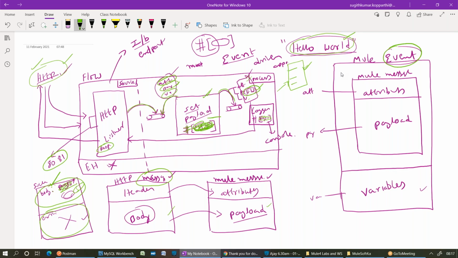Everyone clear? You said the whole thing is an event-driven application, right? What is the meaning of event-driven? Just now I explained. The event is propagating between the processes. That event is processed by the processors. So the event is driven throughout the application. Try to understand, okay?